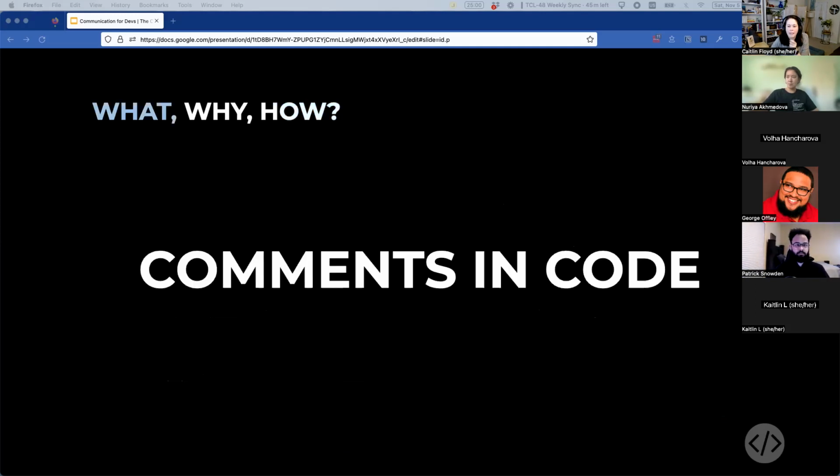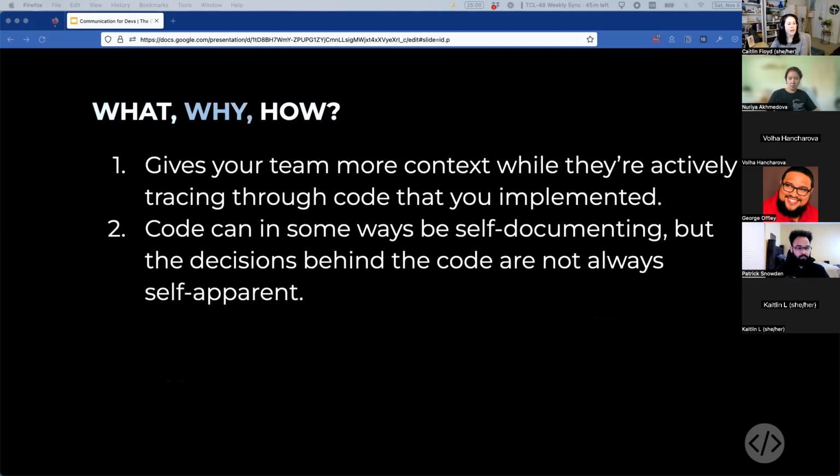Okay, and the last type of documentation that we're going to talk about is comments in code. So this is something that can be a little controversial. Some people have very strong opinions about comments in code, but when used sparingly and intentionally, it can be very helpful.